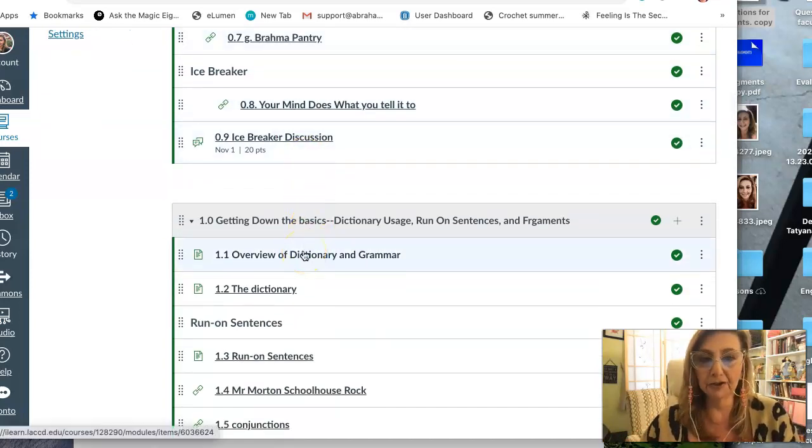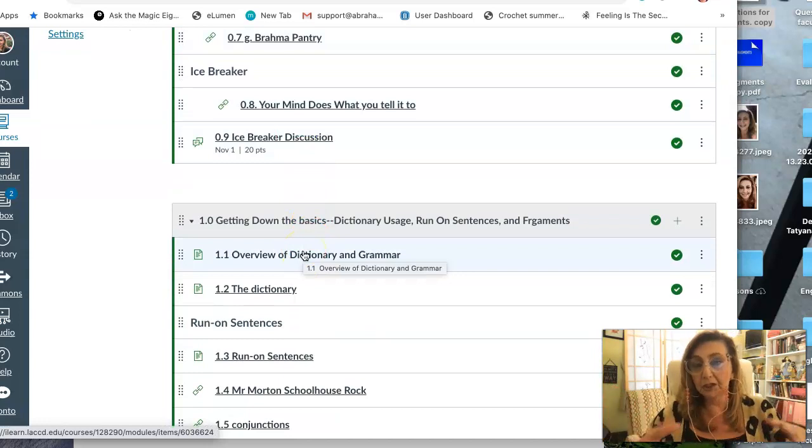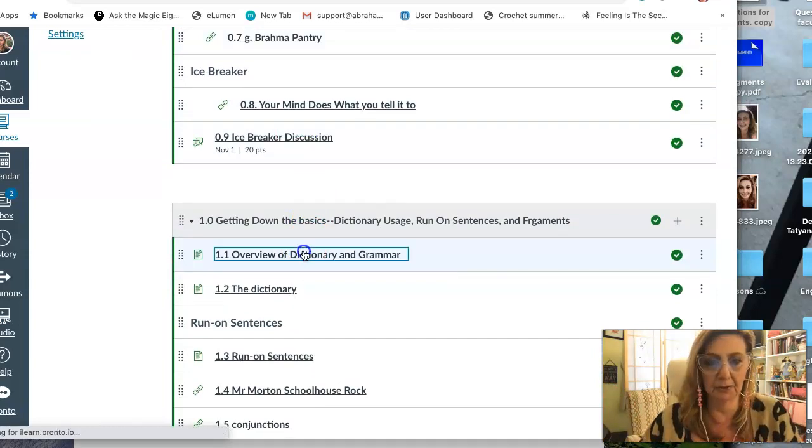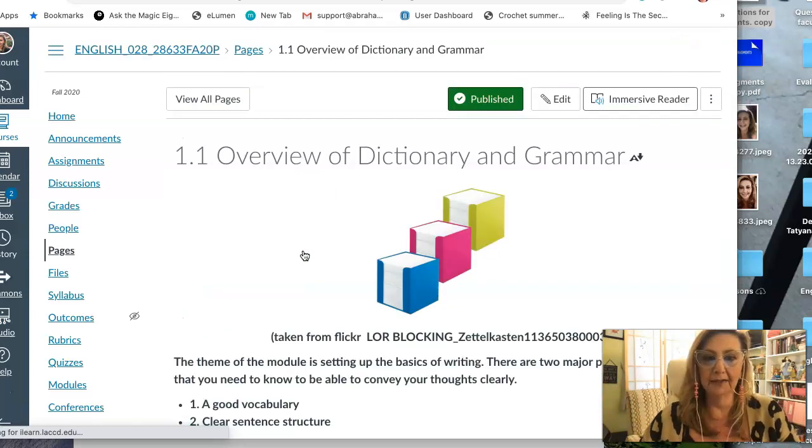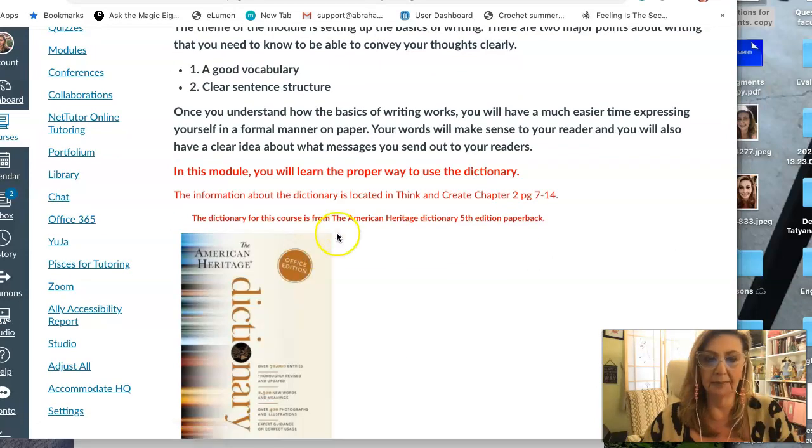So the first learning lesson module is Module 1, and I give like an overview at the beginning. And if you notice here, it says the information about the dictionary is located in Think and Create, Chapter 2, page 7 through 14. That's what you have to read for this module.